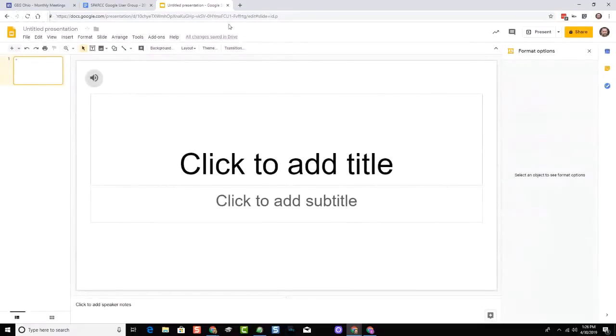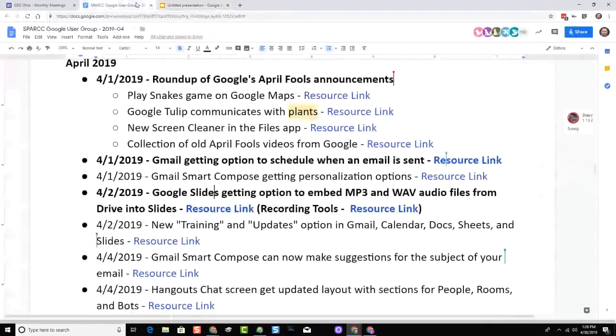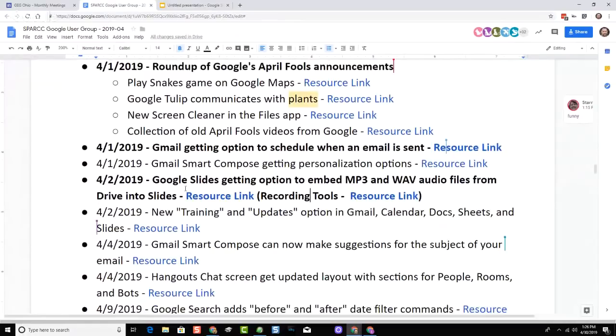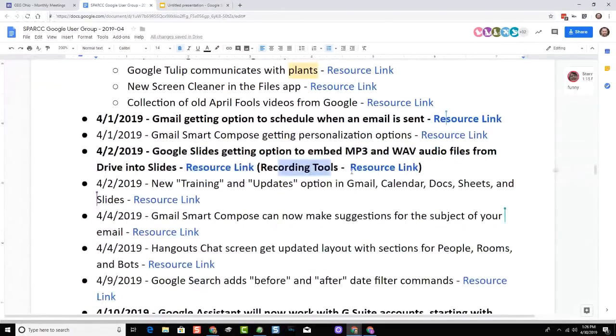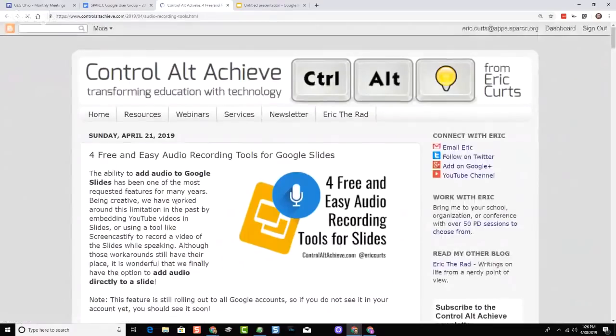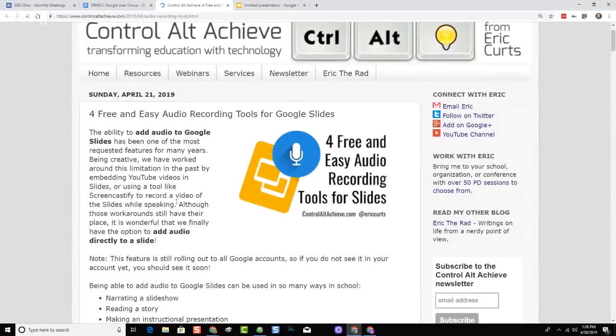There's not yet. So what I did do a blog post recently where I talked about some suggested recording tools. So if you're looking on the same spot where we're at, where I had the announcement about how this is rolling out, I went ahead and put a link into the recording tools post I did. So this was a couple weeks back where I went through and looked at what are some decent tools that could be used for recording audio that are web-based? Because I mean, there are so many recording tools out there, of course, but